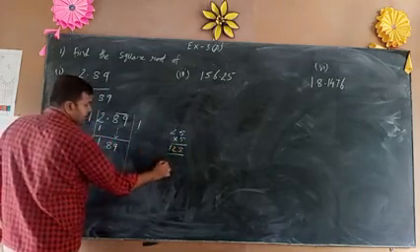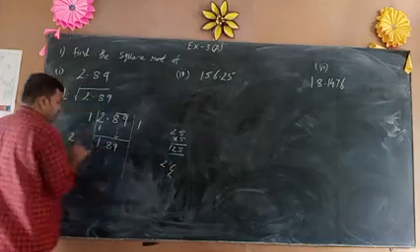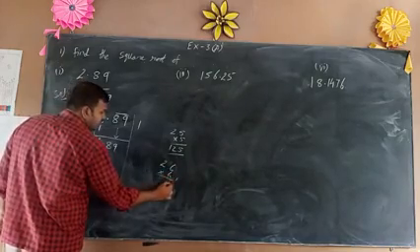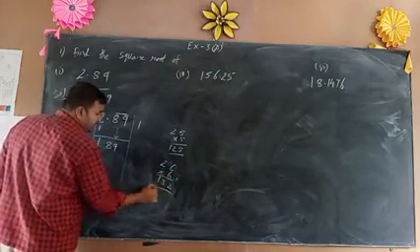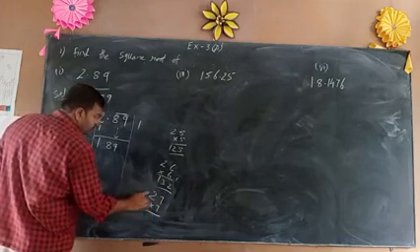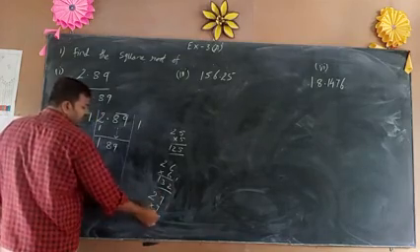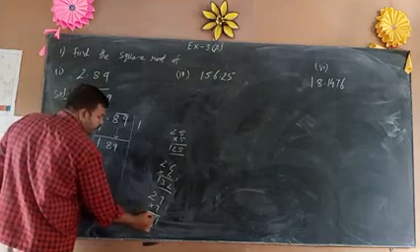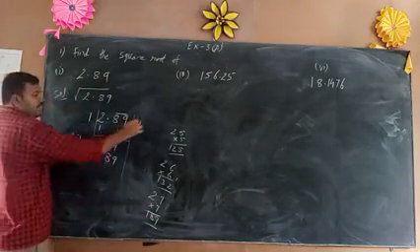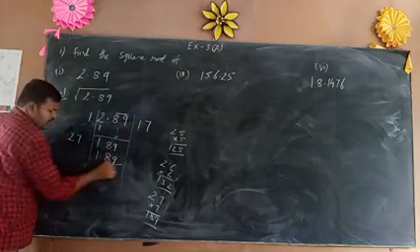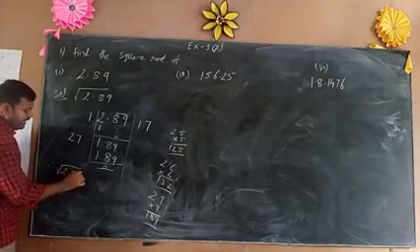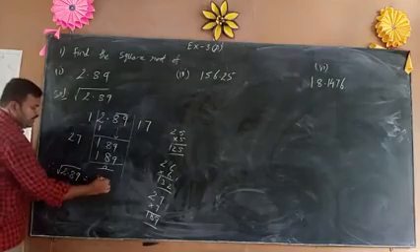So go for the next number. 26 into 6. This 2 is the quotient, and this is 6 into 6. We write the same given number. 6 6s are 36, 2 6s are 12, 132. It is not possible. Go for the next number. 27 into 7. 7 7s are 49, 7 2s are 14, 189. It is the result for 189. Write it as 7, 7. The remainder is 0. Therefore, the square root of 2.89 is 17.